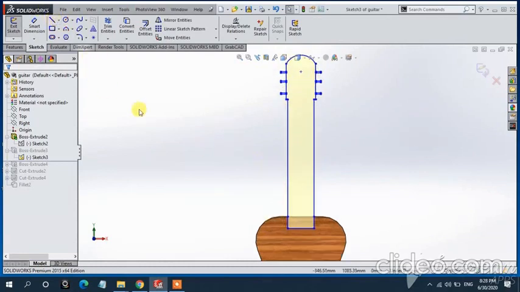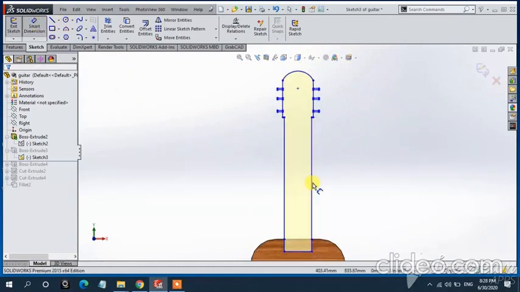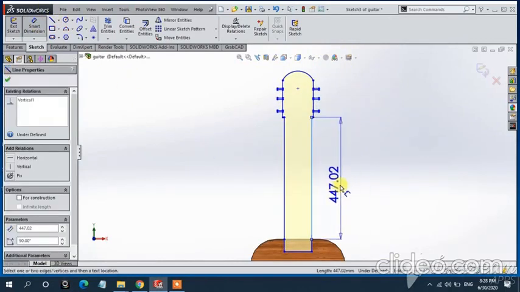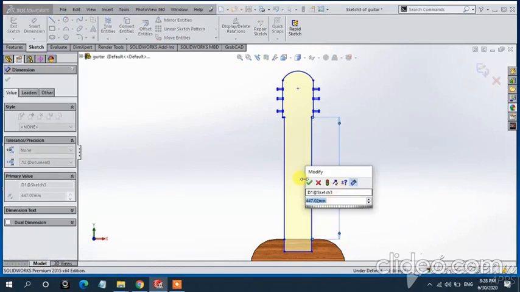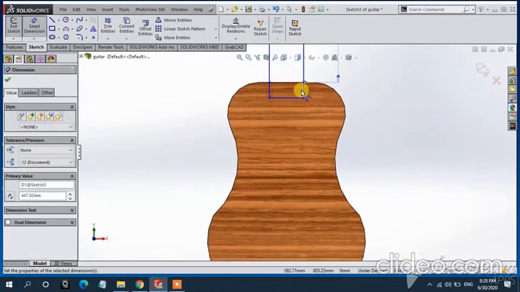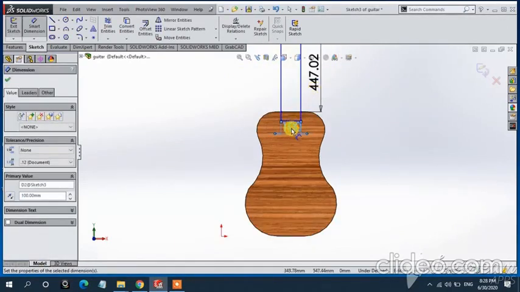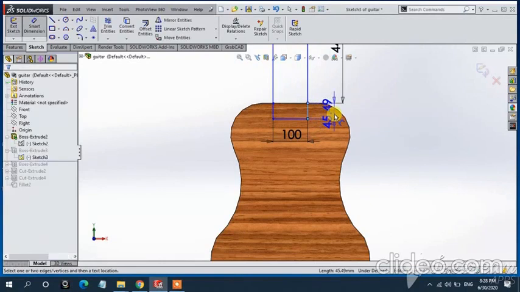You have to select the sketch, blind, and extrude up to 114.3 mm. Okay, then extrude from this. Okay, you have to extrude. Done.